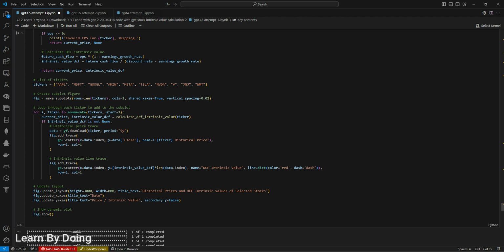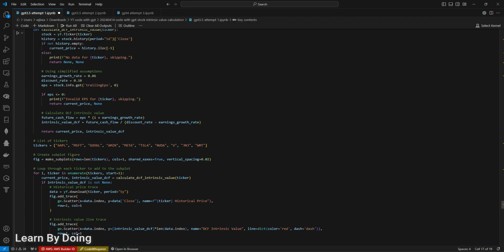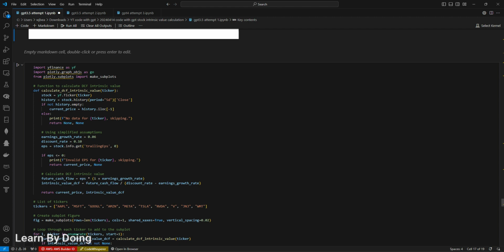Okay, and still, you can see that there are many limitations, like the detailed calculation, how it defines the discount rate, how it calculates the data. For example, the intrinsic value from the discounted cash flow. Okay, the future cash flow. Let's see, the future cash flow is earnings per share times 1 plus earnings growth rate. I think it's wrong. Yeah, if you are going to discount cash flow, you need the cash flow